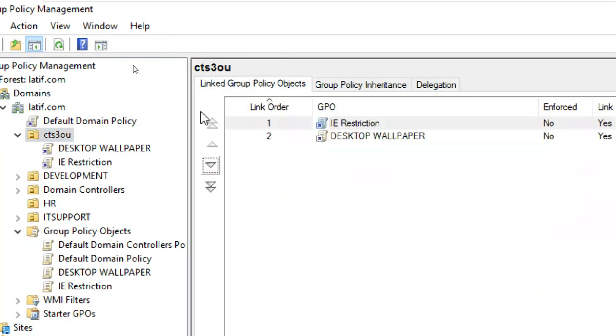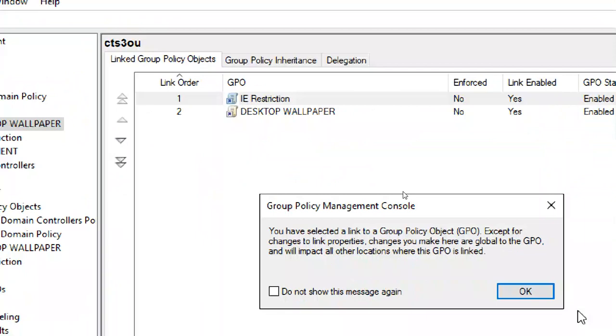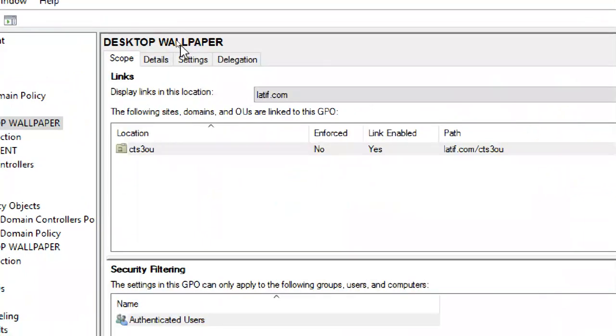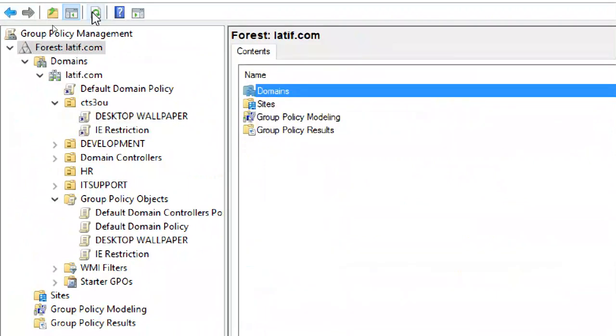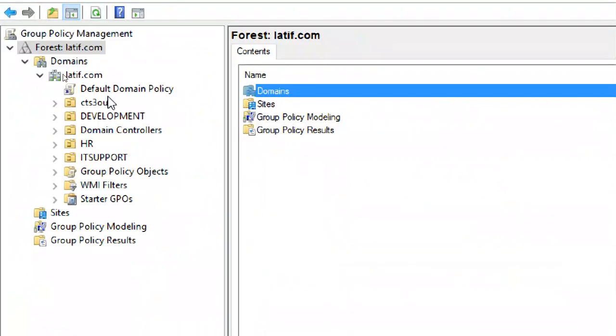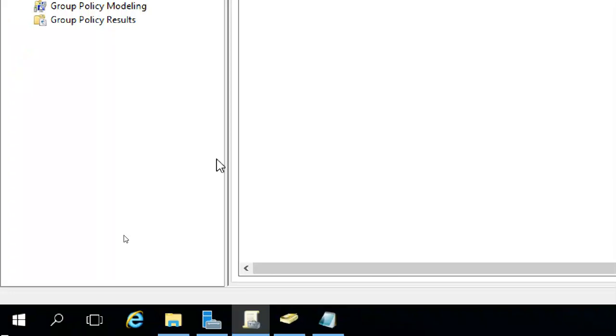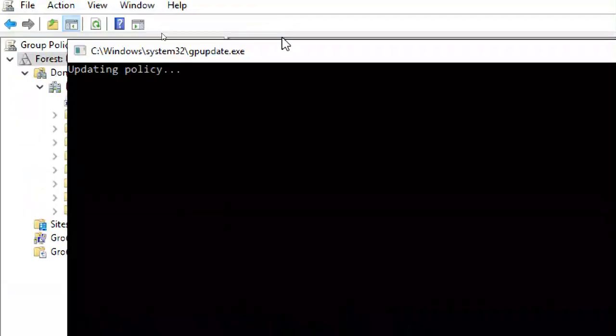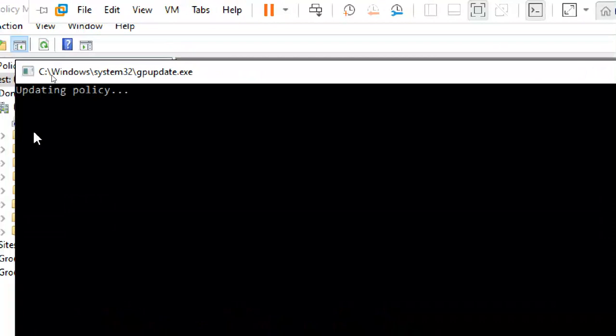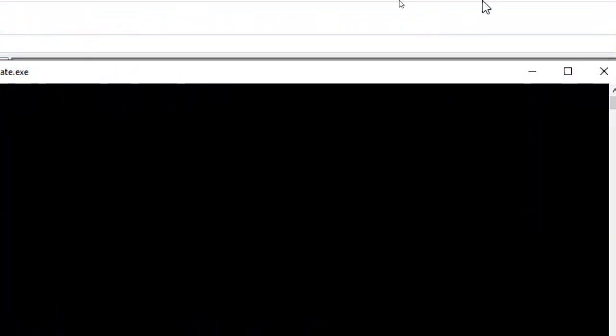Okay. Now policy is linked, and you can see link details and other things also. So finally refresh one or twice, no problem. Go to run. This is purely optional. Better to go to client. So it will open and close automatically. So don't worry about it. Go to the client.